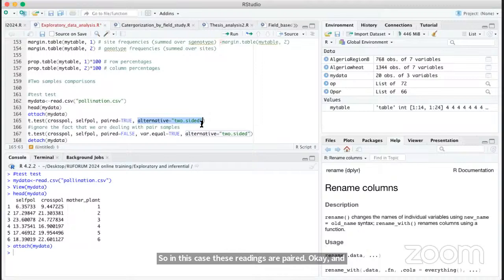So two-sided here means we are saying, for example, that the mean of cross-pollinated flowers is different from the mean of self-pollinated flowers. We are not interested in which one is bigger than the other. What we are interested in is that they are different, and being different means it's two-sided. If the self-pollinated has more seed than cross-pollinated, that will still qualify as different. So this is what we call a t-test, and this is a paired t-test. There are two samples that are paired. So let's run